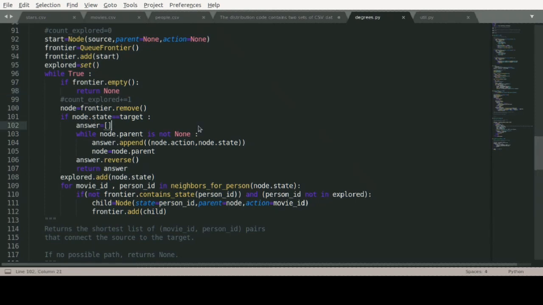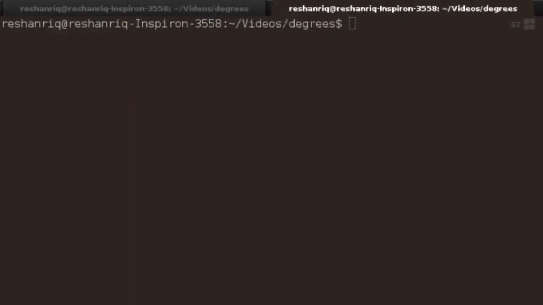So let me run that for the large data set, as I already ran the small data set.